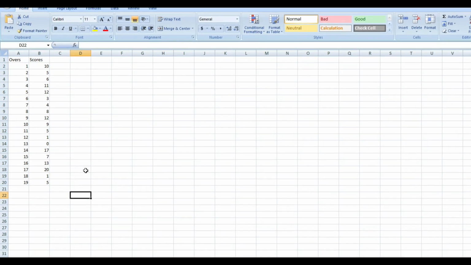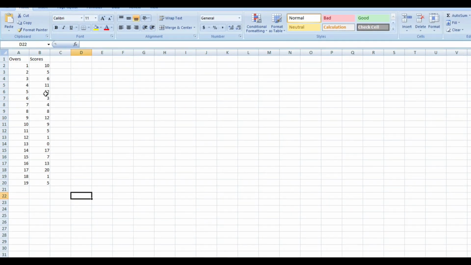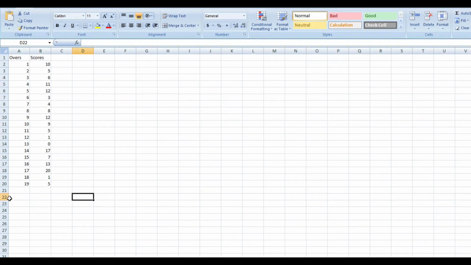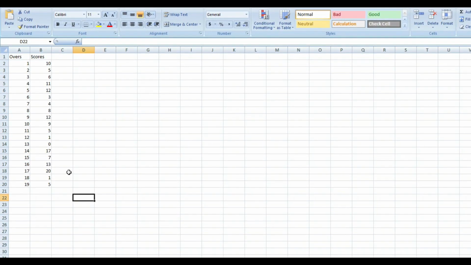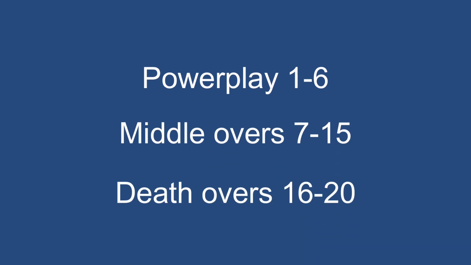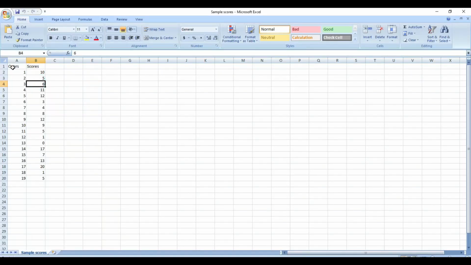Before explaining the unlabeled data term, I want to explain one thing. All of you know about 20 over cricket. Generally, there are three sections in a 20 over match. The first part is power play, the second is middle overs, and the third one is the death overs. Now you see this dataset, we have runs for 20 overs. As a cricket-knowing person, you can easily understand this logic.